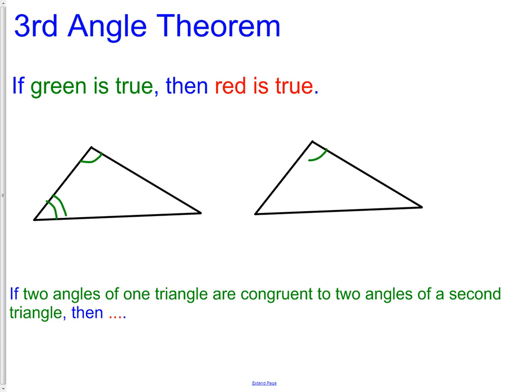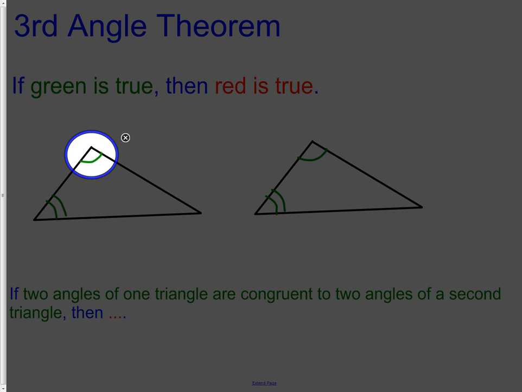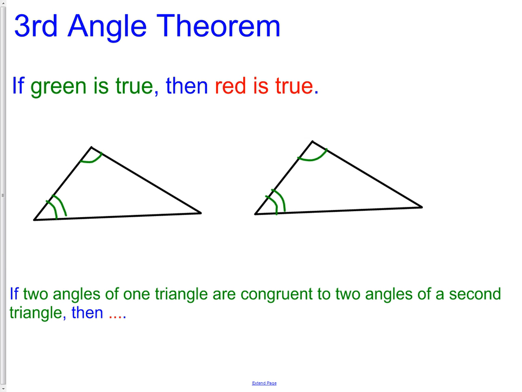The part that I'm going to give you is that between these two triangles, we have two congruent angles. The angle on the top of both of the triangles, right here, is congruent to the angle at the top of this triangle here, and the angle at the bottom corner of this triangle is congruent to the angle in the bottom corner of this triangle. What we can state is, if two angles of one triangle are congruent to two angles of a second triangle, then